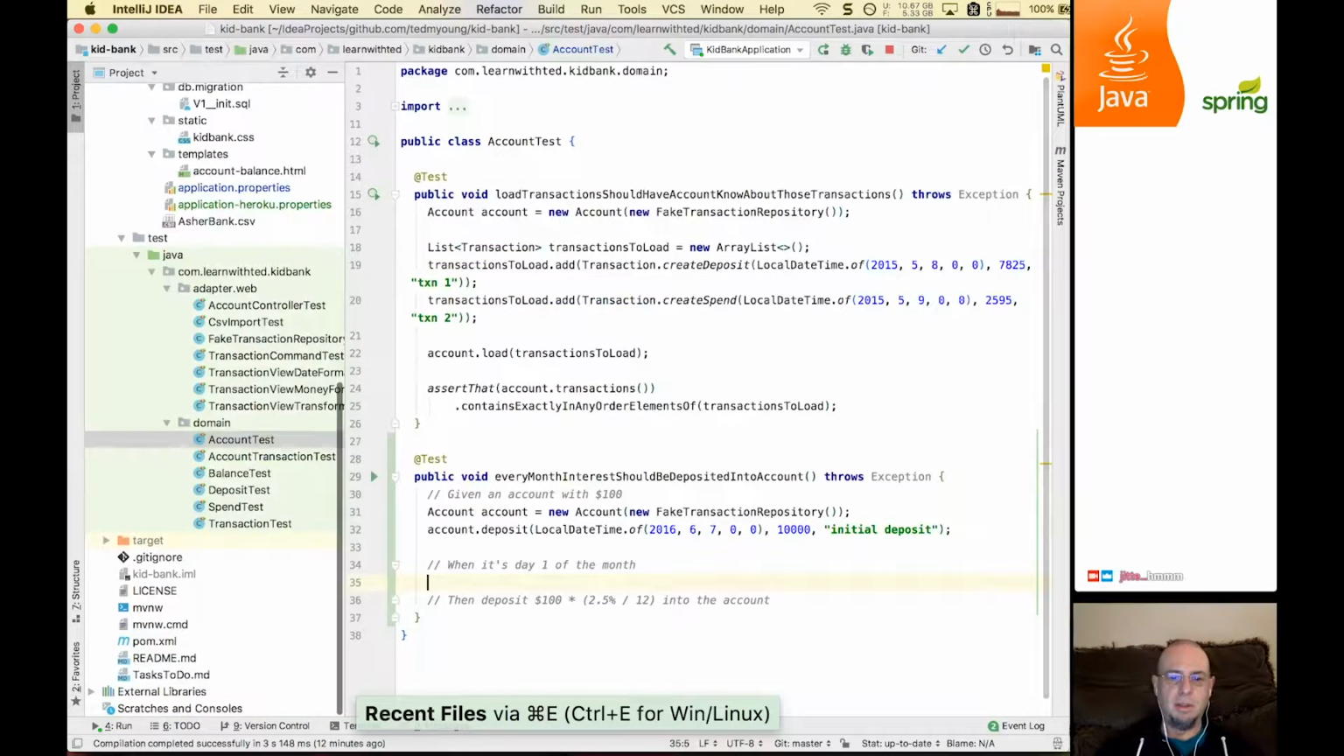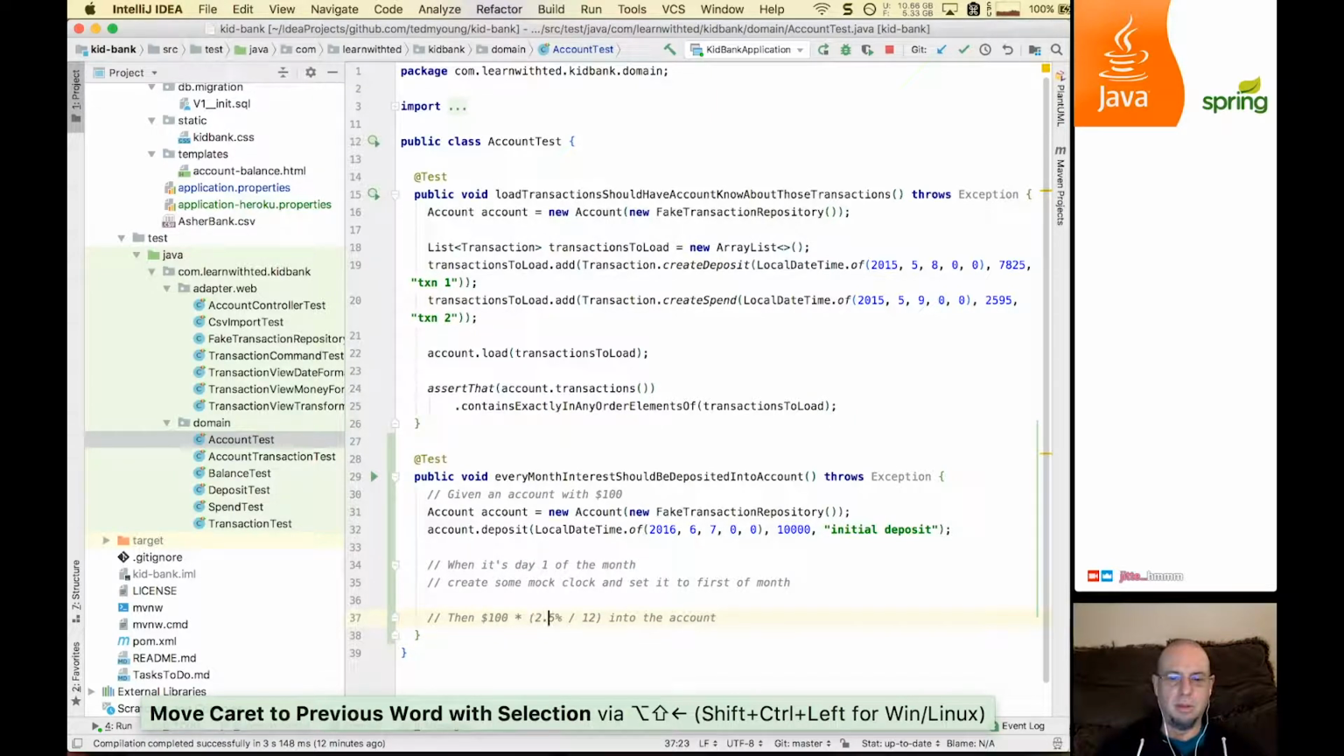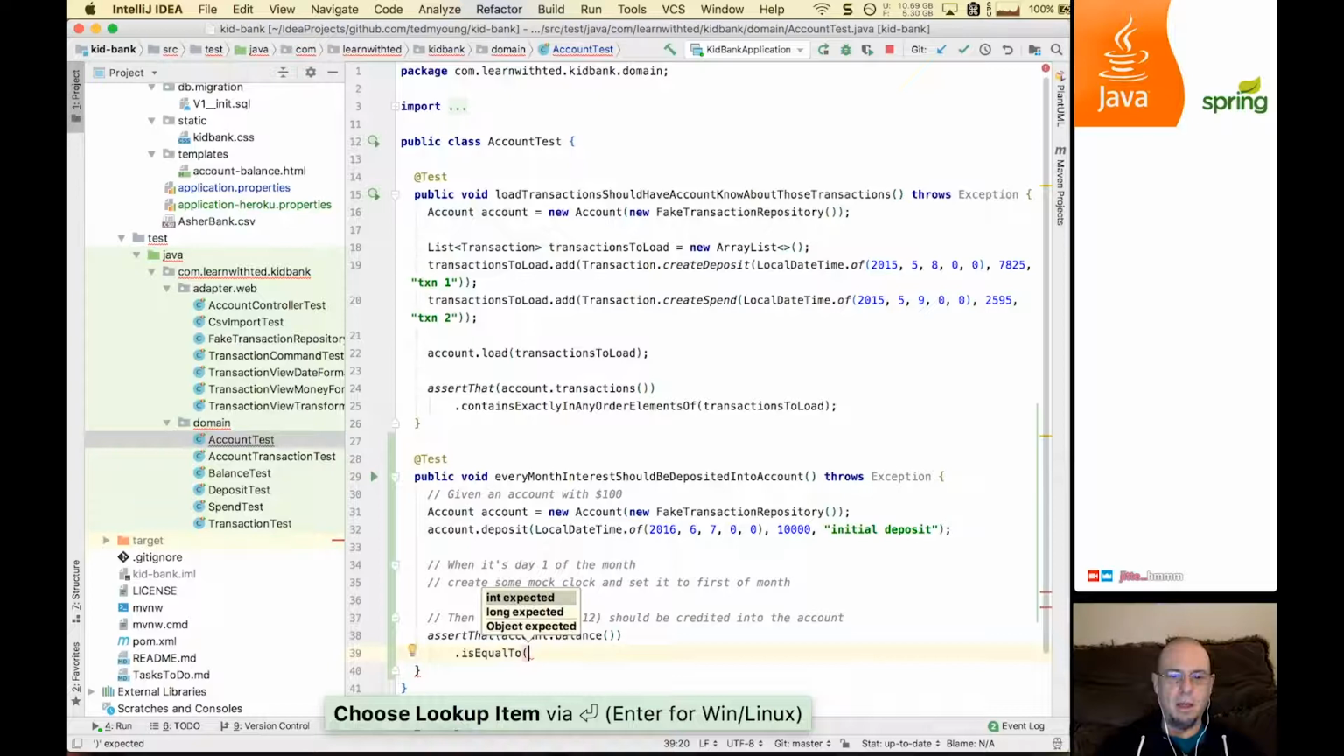So let's go back to our test. And so here we'll have to figure out, create some mock clock and set it to first of month. And we're not doing the deposit. What our then is, this amount should be credited into the account. So we start with an account with $100. We're going to have to do some stuff here. And our expectation is we'll assert that our account.balance is equal to, so 100 plus,